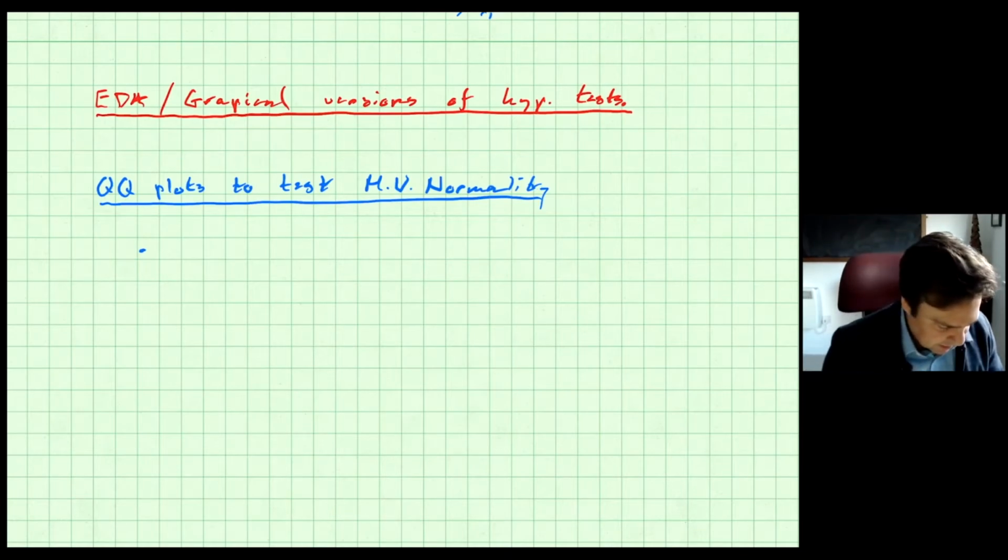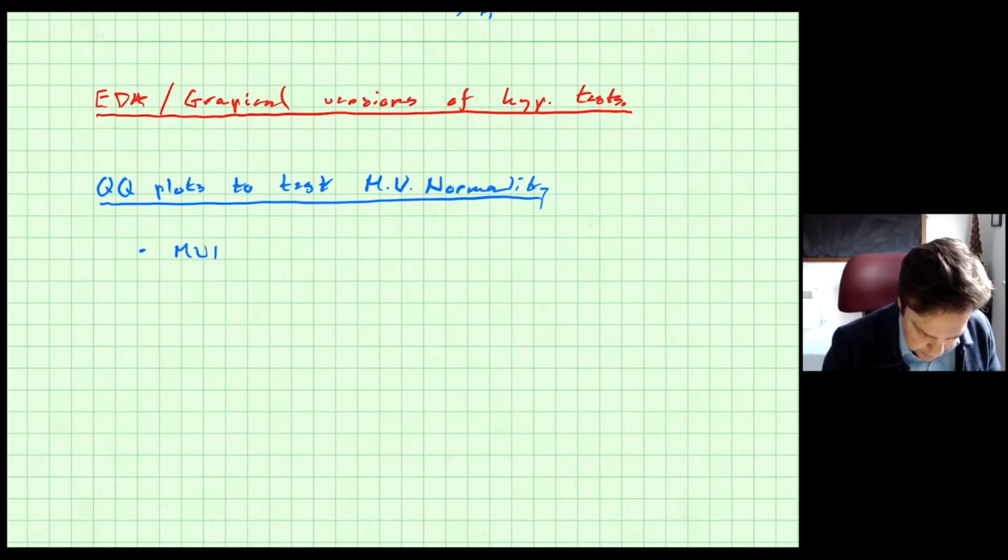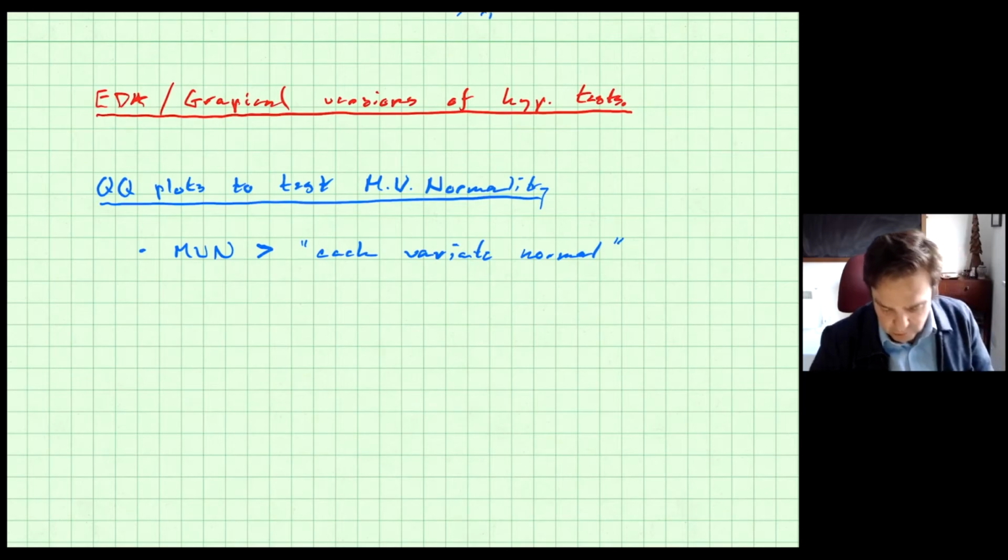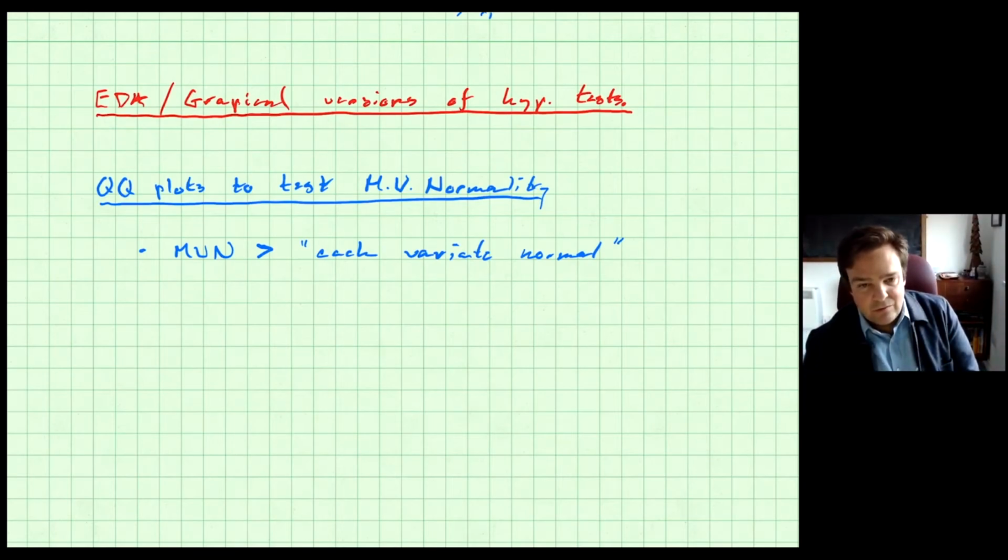But I just want to say for now, that multivariate normal implies each column, each variate, being normally distributed. It does require that each variate is normally distributed. So one quick way you can test for multivariate normality, that's sort of a one-way test in the sense that